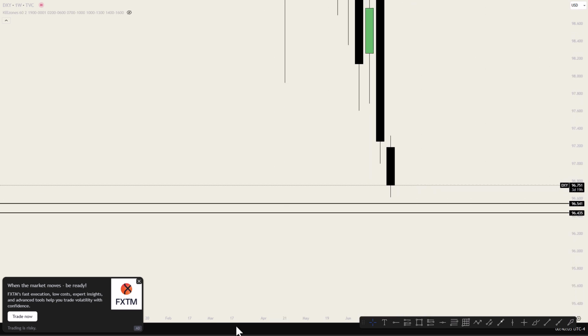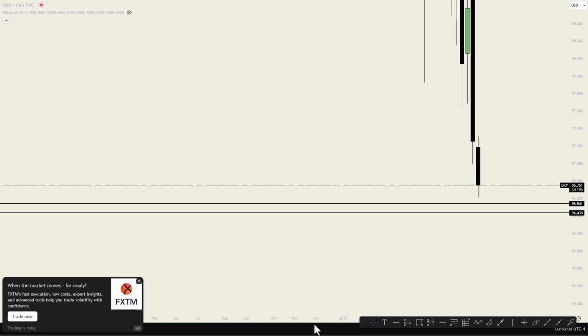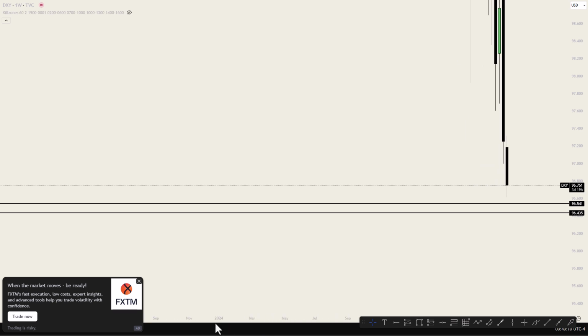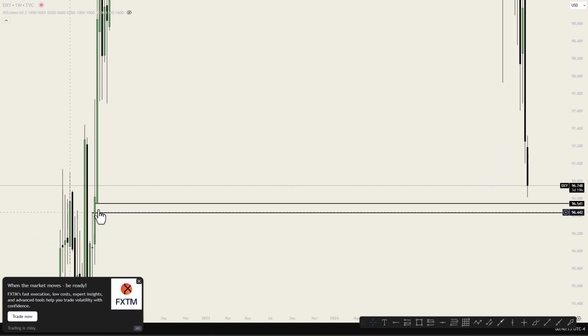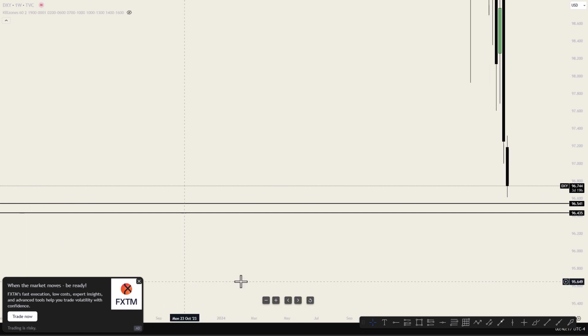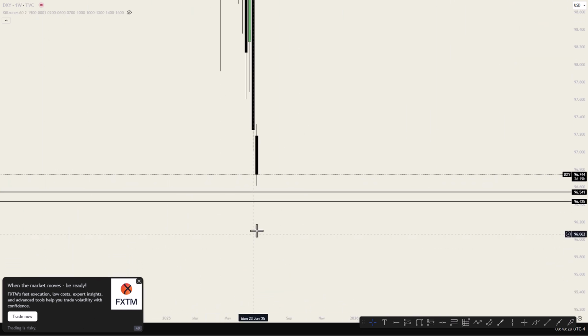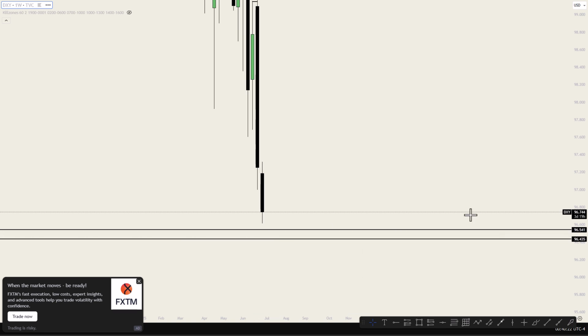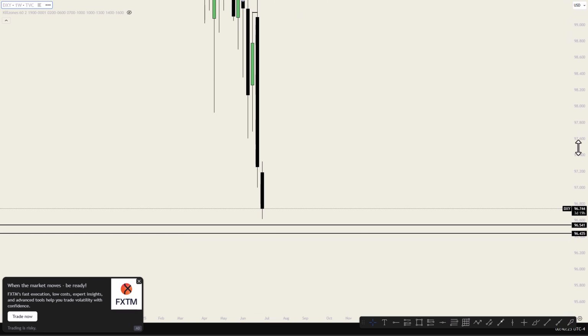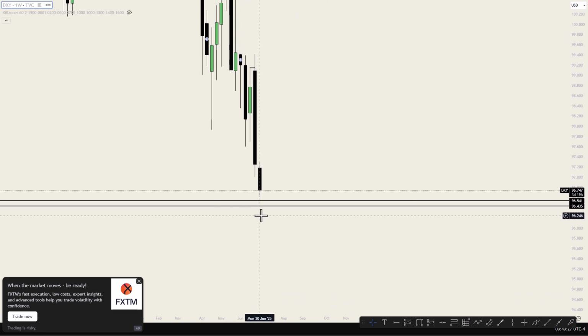And if we look at price action from the left, previously what price has done, we will see that we have a fair value gap at this level. So what am I expecting? I'm expecting price to come into the fair value gap at this level. Then we will see price either closing below this fair value gap and then retesting it, or price to reject from this fair value gap and return back into this range.